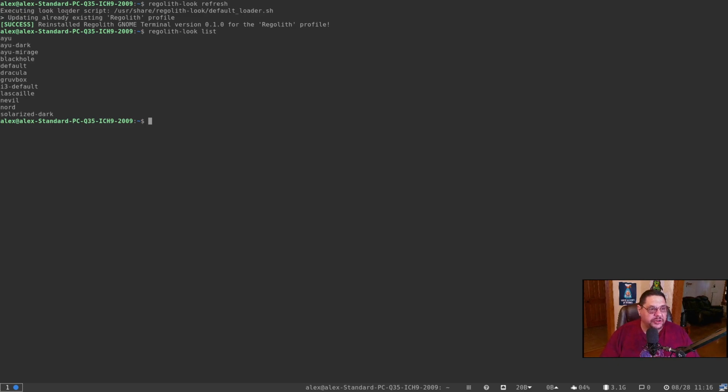If you look at the top, it says executing look loader, because I did a refresh, which is to find out which one you're on. You type regolith-look refresh to find out which one you have running right now. And so we're running the default one. So let's say we're going to change it to Gruvbox, whatever you call it. Anyhow, so what you would type is